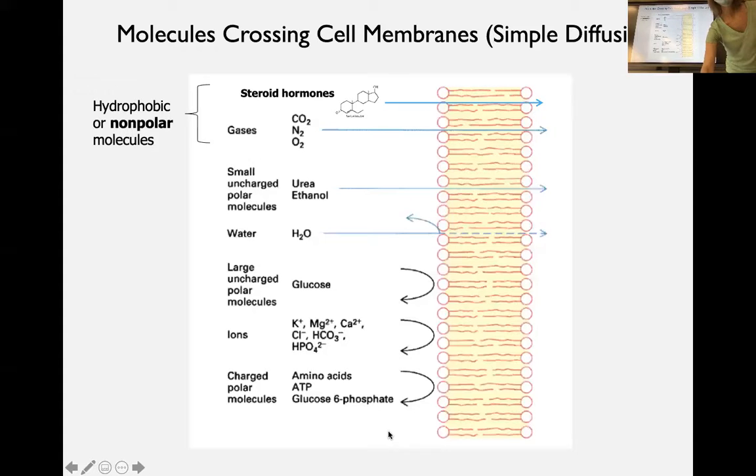This looks like a confusing diagram, and maybe it is. I'm going to go over the important parts. This is basically showing what will move through a membrane through simple diffusion. Stuff that doesn't need a protein to help it. And it's really just from here up. Everything below there is going to bounce right back off, which you can see those arrows. These guys can't make it through. The most important part here,